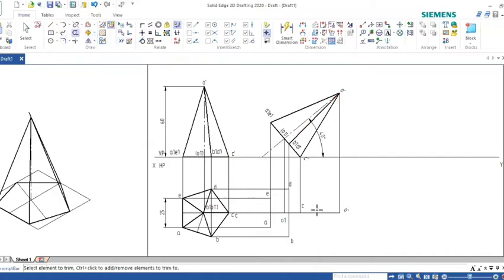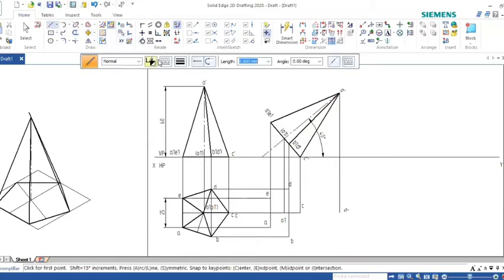Go to trim this portion. Now select the line command. Here you select hidden edges. Hidden edges will be the bottom side, the resting corner, the corner containing two sides and the longer side. The corner containing the longer side is not visible. Make it a hidden line. Similarly, the corner containing C2D is invisible, and C2B is also invisible. These three lines are invisible, and the remaining edges are all visible.